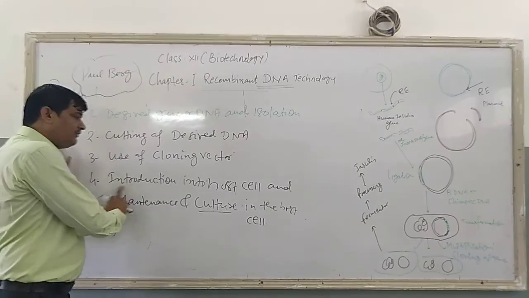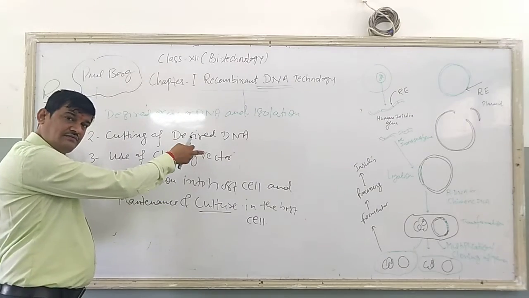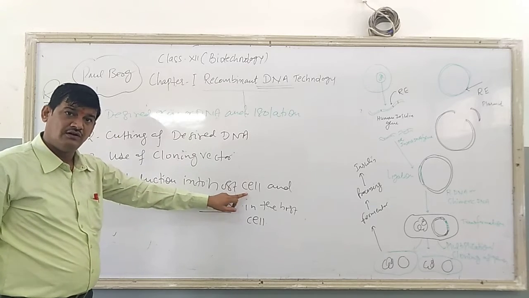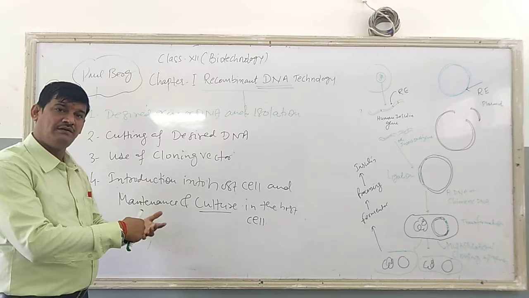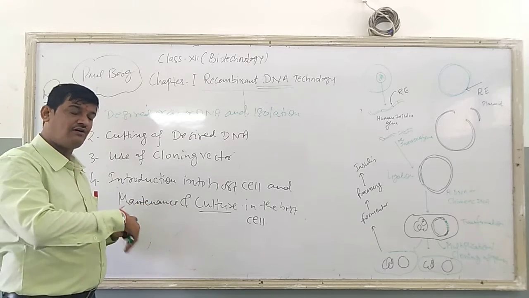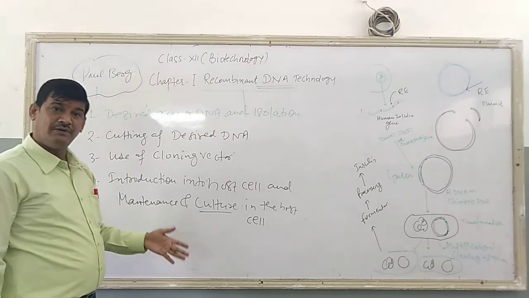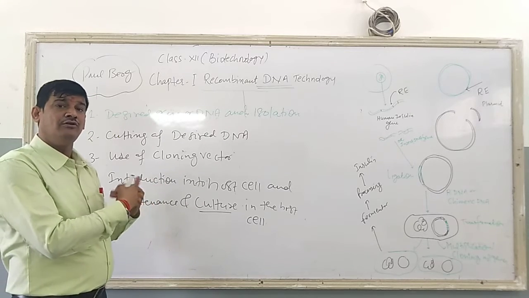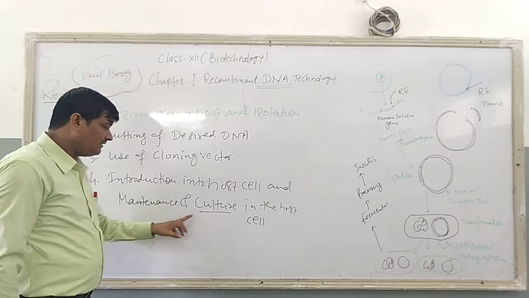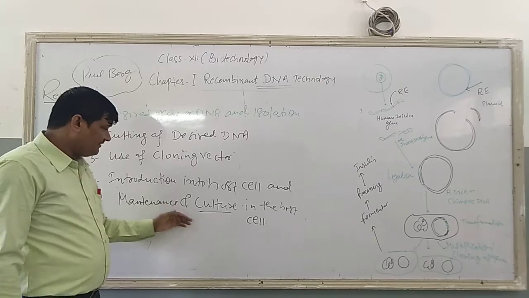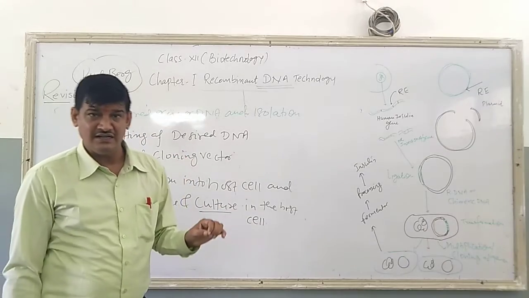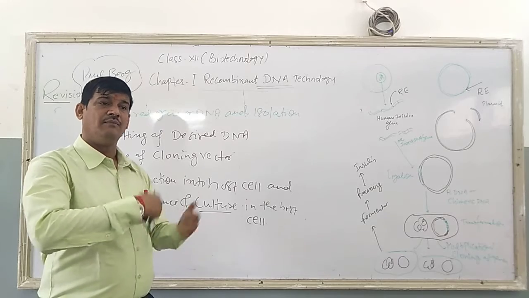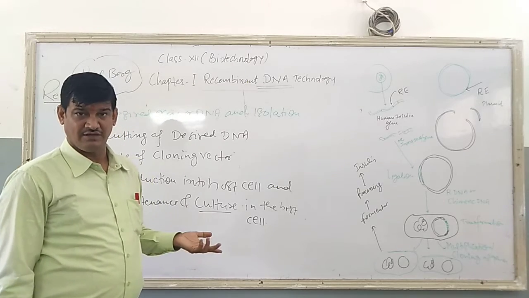Next, introduction of this ligated vector plus insert gene or DNA into the suitable host. Now the host is allowed to multiply, that is a multiplication process, or it is divided into a number of cells, and all the cells have the same phenotypic character, and these cells having the identical gene are sometimes also known as gene cloning. Just as I told you, gene cloning is making multiple copies of the same gene.